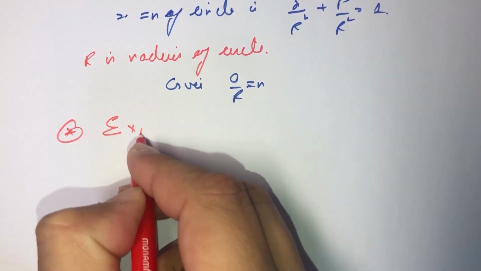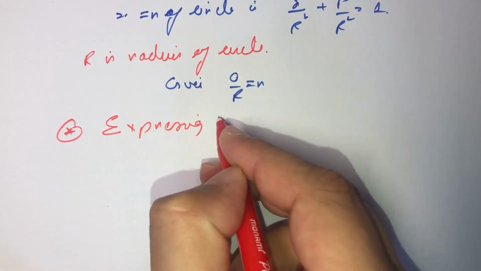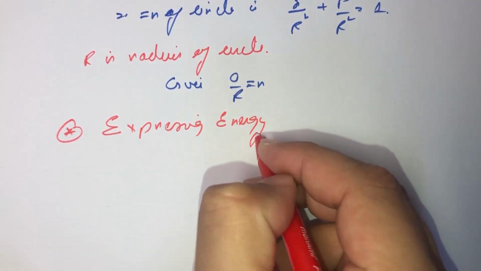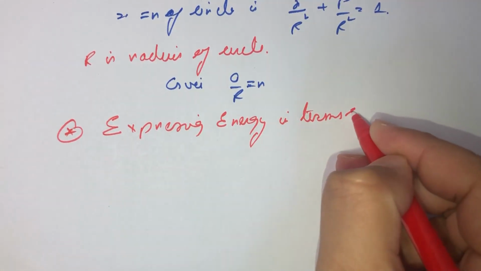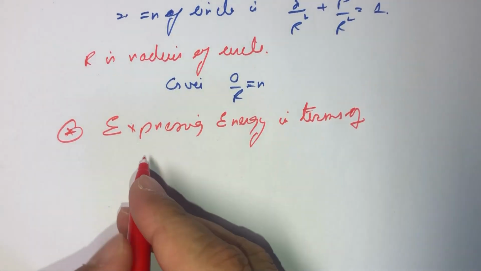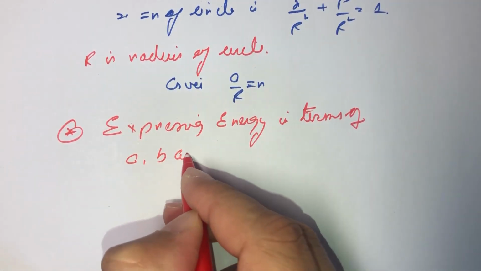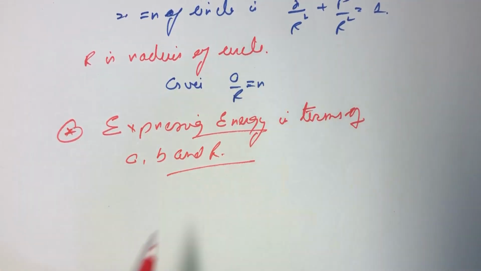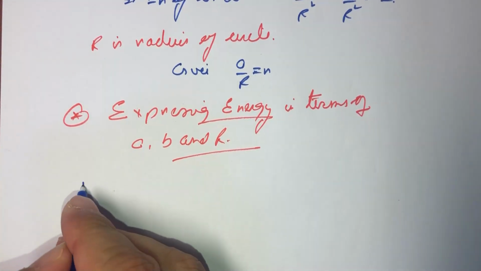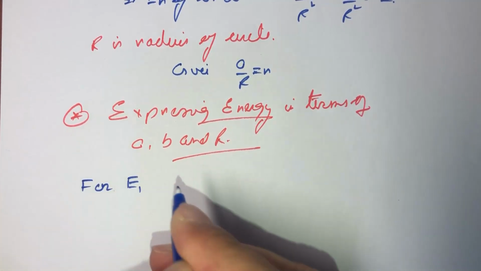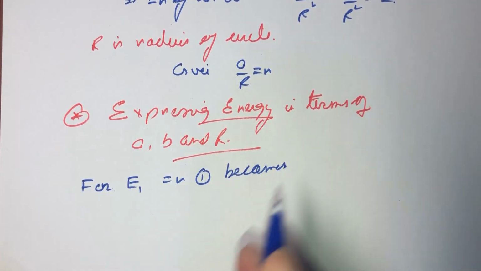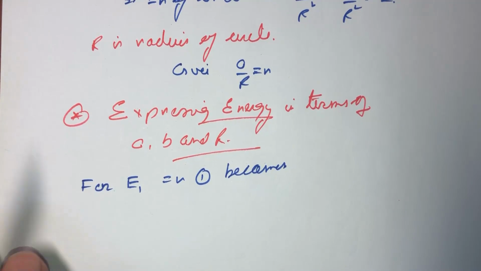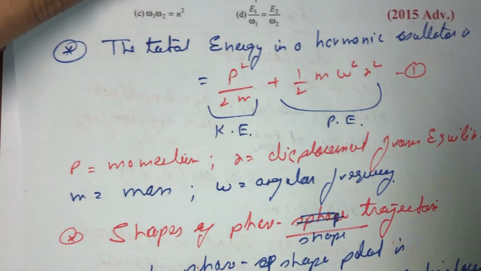Expressing energy in terms of A, B and R. So we are going to start with our E1. So we can say for E1, equation 1 becomes, so the total energy, let us suppose this is given as E,